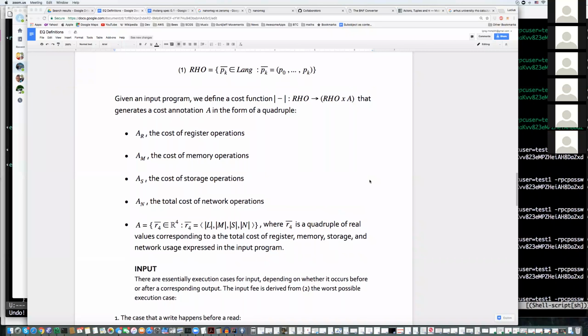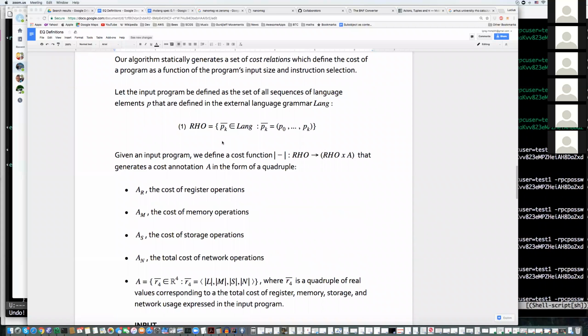So essentially, what we're doing is our cost function takes a Rolang program and produces a decorated Rolang program. I hope everyone can see my screen. The example would be a contract, like the Hello World contract you just saw. So it comes in undecorated with any cost, and comes out as a version of the program that's been appropriately decorated with cost.